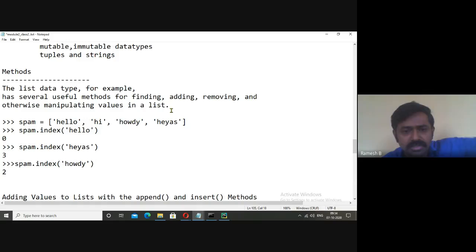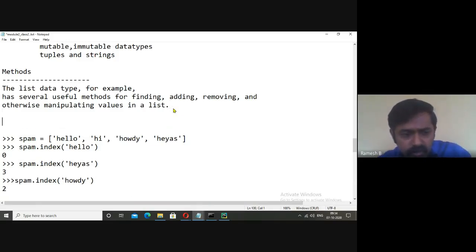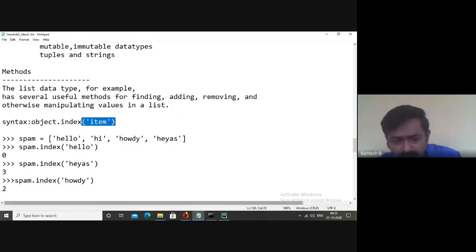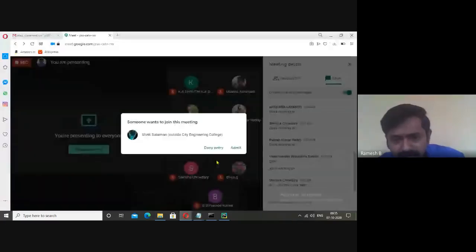If you see the syntax, how to use that: object dot name of the method. The name of the method is index, and we need to pass the item. This is the syntax. Whenever we are passing the elements, they need to be placed in single quotes. Try to remember that whenever